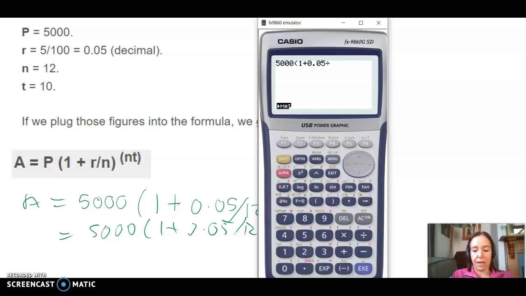come out to play. 5,000 divided by 12, and it's all to the power of. Now you need to make sure you know on your calculator which is your to the power of button. I think it might be an X with a little square to the right of it. I will show you what it looks like in a minute. So now that's